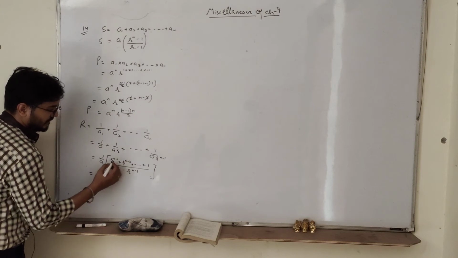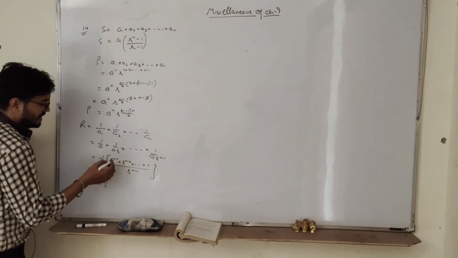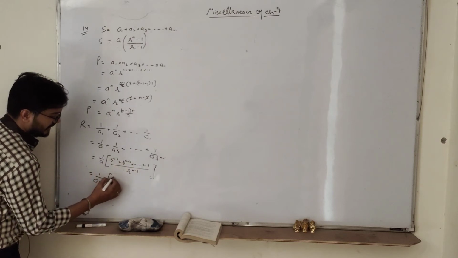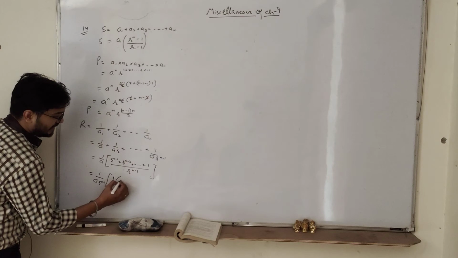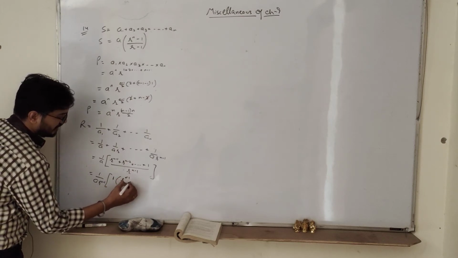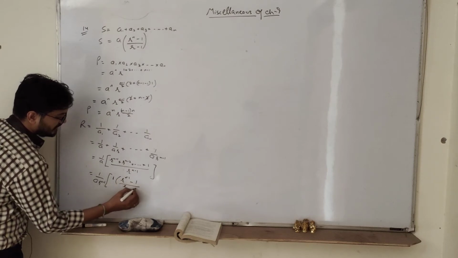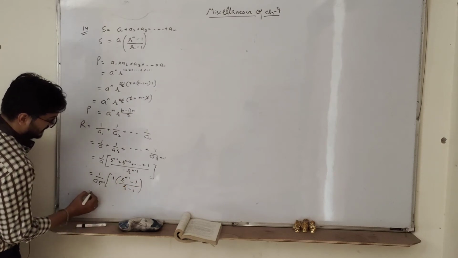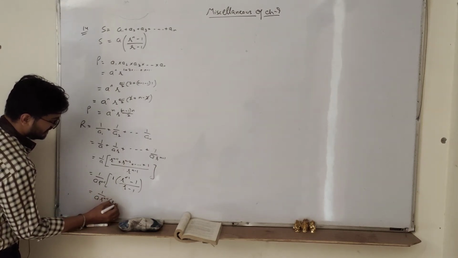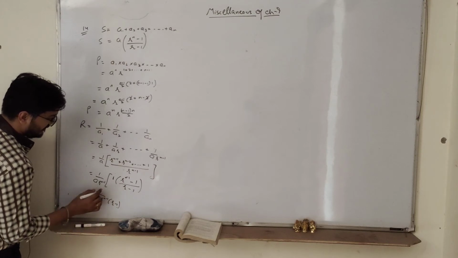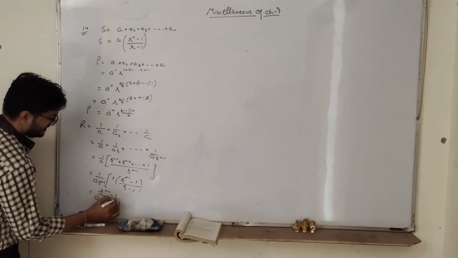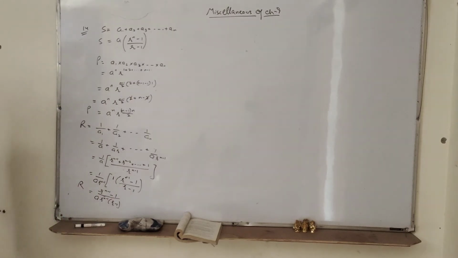So okay, what we can do in this is GP, right? So sum of all terms. So A is 1, R raised to the power n, the value is n minus 1, upon R minus 1, right? So this is 1 upon A R raised to n minus 1, R minus 1, and here we will have R raised to n minus 1 minus 1, right? So this is R. Now what we have to show?